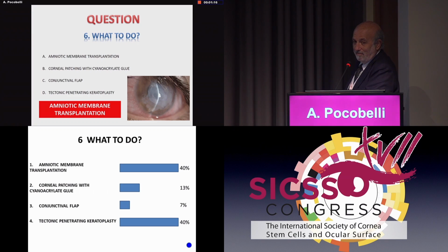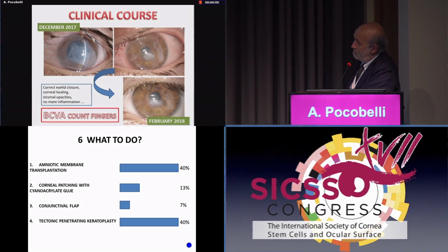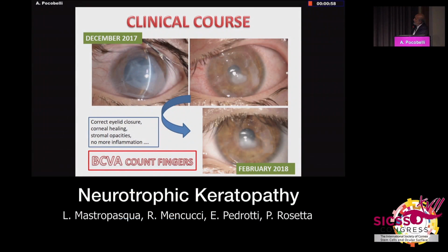Patching with cyanoacrylate in such a big perforation wouldn't be a good idea because there would have been a passage into the anterior chamber and then it would be disabling. And this is what we did, and we were successful, but the visual acuity remained very poor. And so now we have